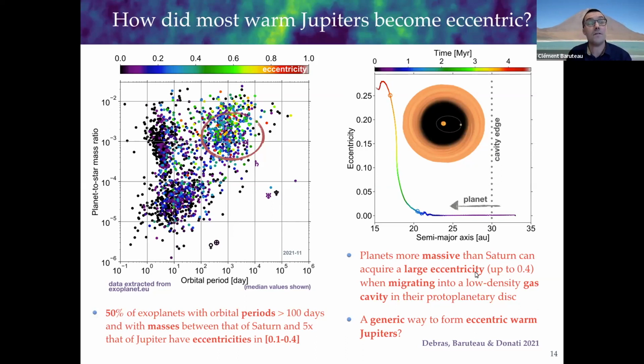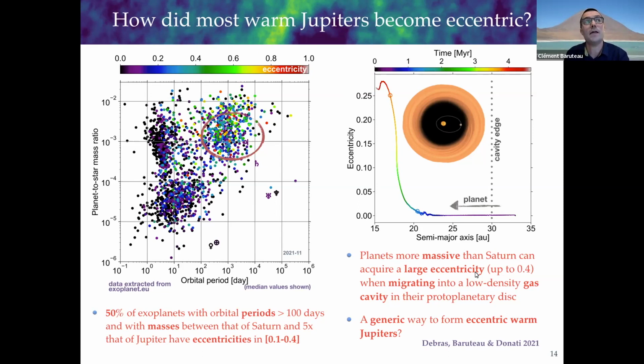So we asked ourselves whether the presence of a cavity could perhaps be generic, could be due, for instance, to photoevaporation due to the central star, could be due to effects of magnetic winds, perhaps a combination thereof. So we think that there are plenty of good reasons to form cavities in protoplanetary disks, and we do tend to observe them quite often. So that led us to wonder whether this could be a generic way, perhaps, to form warm eccentric Jupiters in that protoplanetary disk. So with that idea in mind, then in this other study that we recently published this year,